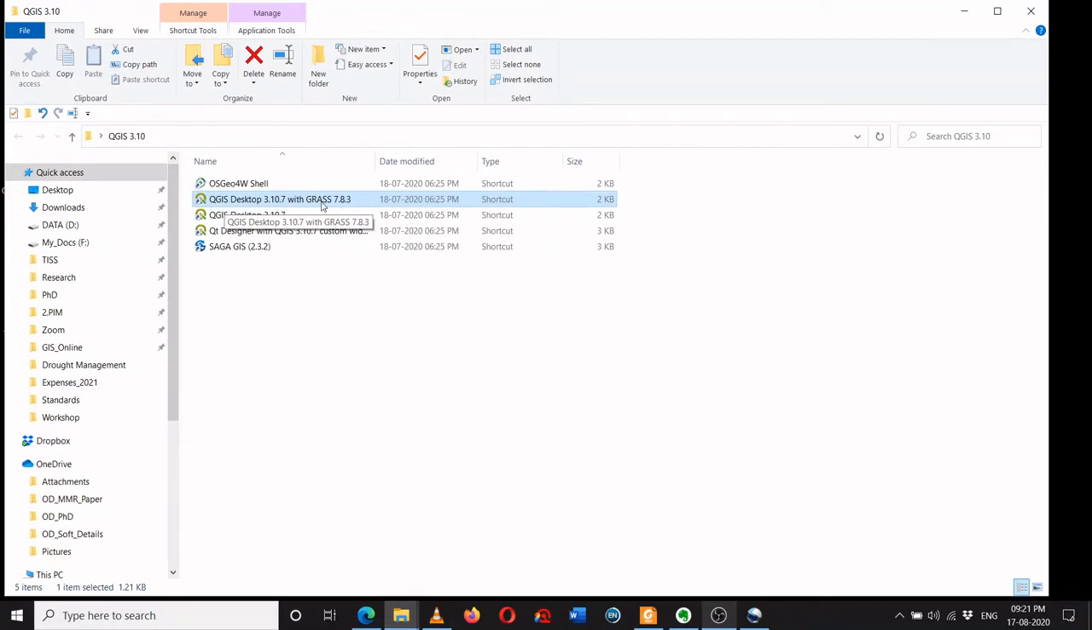As you might be aware, GRASS is another GIS software, and when you open this link, it opens a version of QGIS which is integrated with GRASS. And the advantage is that you can use some of the GRASS functions in the same QGIS interface. If you open the other version, then you only open QGIS and you cannot access GRASS. In subsequent classes we will be using some of the functions from GRASS, so we'll be using this shortcut. So double click on it